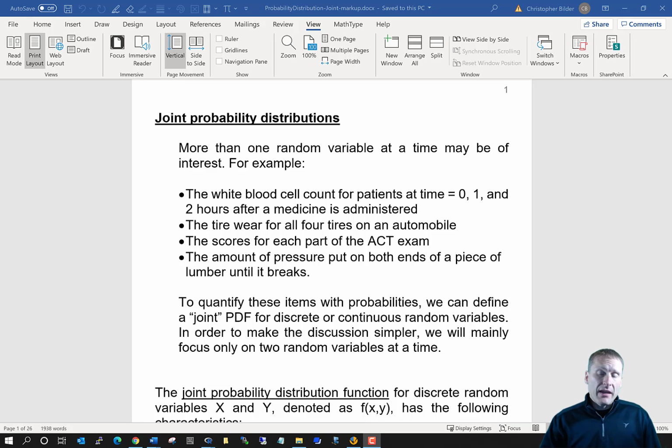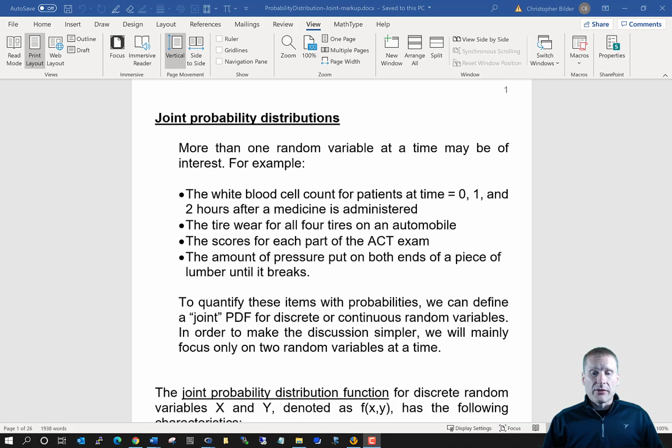this kind of a case occurs, let's say you're interested in the white blood cell count for patients at times 0, 1, 2, 3, 4 hours. In that particular case, for each time point, we have a particular random variable. And we might want to understand probabilities associated with these white blood counts. Maybe let's say after a particular medication has been administered, we might be interested in understanding probabilities associated with those